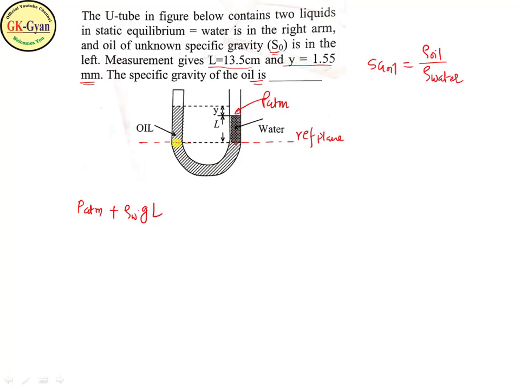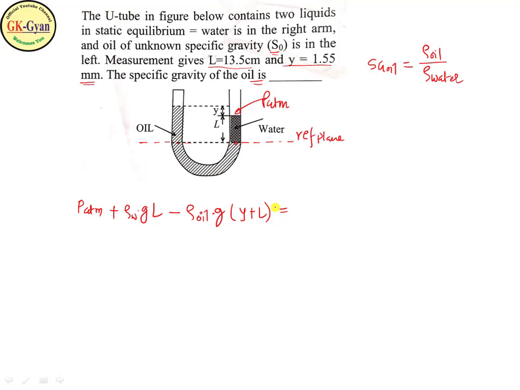From this point you move in the upward direction, so the height will be L plus Y. You are moving upward, so it will be negative: minus rho of oil into g into Y plus L, equal to